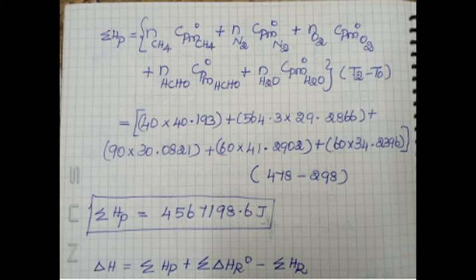We have 5 products: methane unreacted, oxygen unreacted, nitrogen entering is equal to leaving, formaldehyde produced, water produced. Are you clear or not? Okay. So use the formula n Cp delta T. So delta T is nothing but T2 minus T0. This is the leaving temperature. T0 is the reference temperature. Are you clear or not?